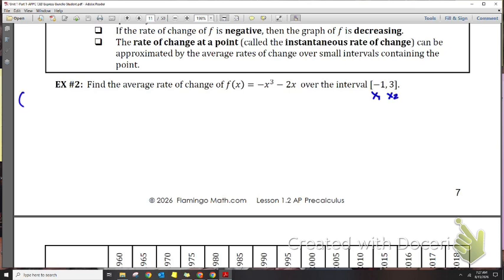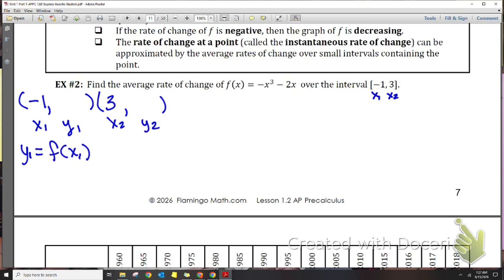So I'm going to go ahead and set up two ordered pairs here. My first one, I know my x1 is 1, and I don't know my y1 yet. And then my second one, I know my x2 is 3, but I don't know my y2 yet. So x1, y1, x2, y2. Now, in order to find my y1, remember we said above, that's the same as f of x1. And so this would be the same as f of negative 1, which means I'm going to plug negative 1